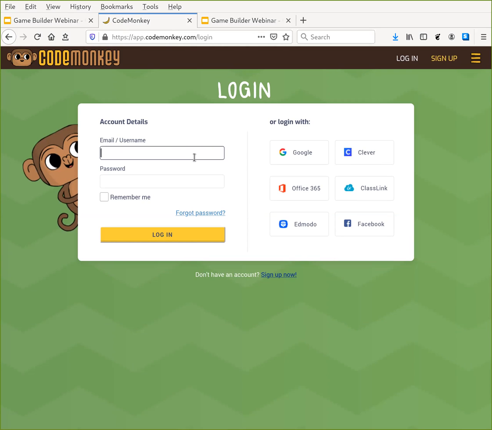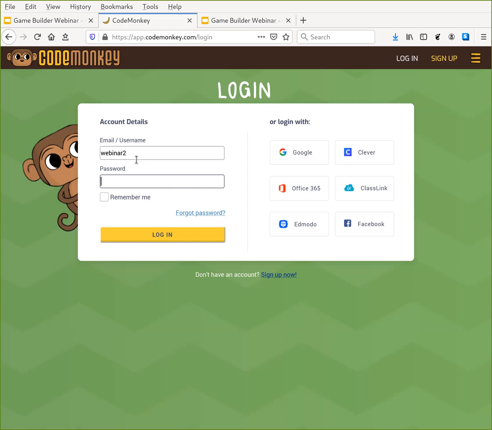You may have your own username and password if you are already working with CodeMonkey. But if you're new to this, you can use webinar2 as both the username and password here.